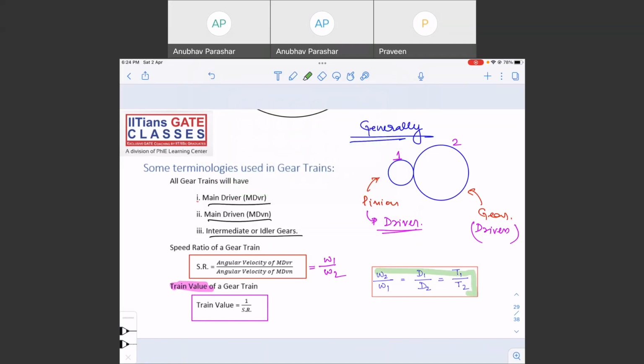Okay, I'll not go into very much detail. Okay, this is